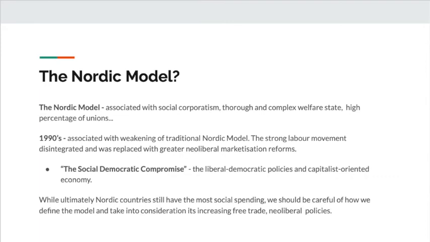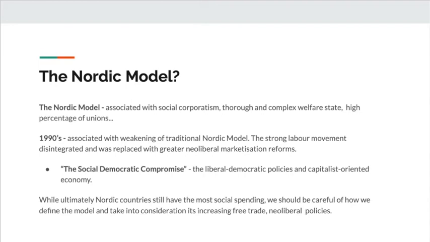While all of this is still relatively very much alive, there's been a lot of questioning as to if the Nordic model hasn't weakened since the 90s. Before the 1990s, there was a very strong labor movement, but during the 90s, it really disintegrated, and this was mostly due to globalization, because it was replaced with more intense neoliberal free market reforms. So this change has a name. It's the Social Democratic Compromise, which basically entailed the liberal democratic policies being more integrated with a sort of capitalist